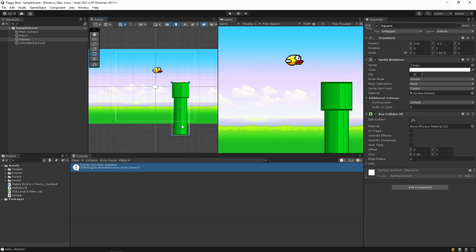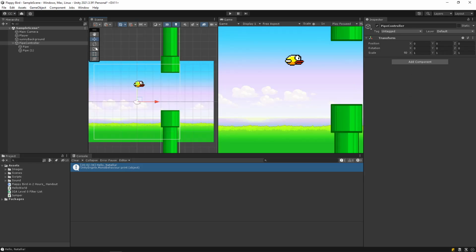So to demonstrate what this parent-child relationship does, whenever we move this pipe controller, if I have this selected, I have to select the move tool specifically, because the pipe controller doesn't have an image associated with it, so I don't have a rectangle that I can move around. If I start moving this, it'll move both of its pipes. Does everyone have that relationship set up? A little bit weird, a little bit hard to get. It's okay if you don't have it set up. It's weird.